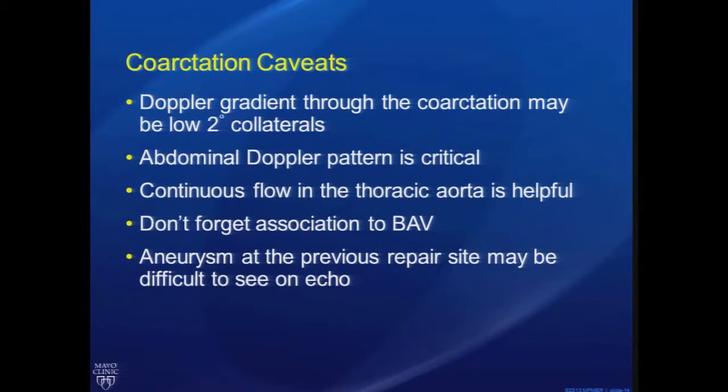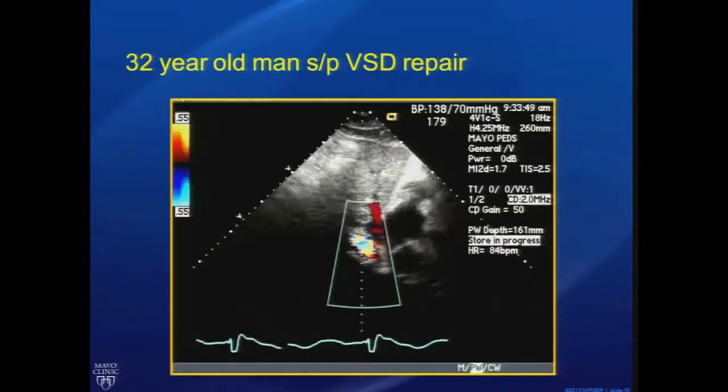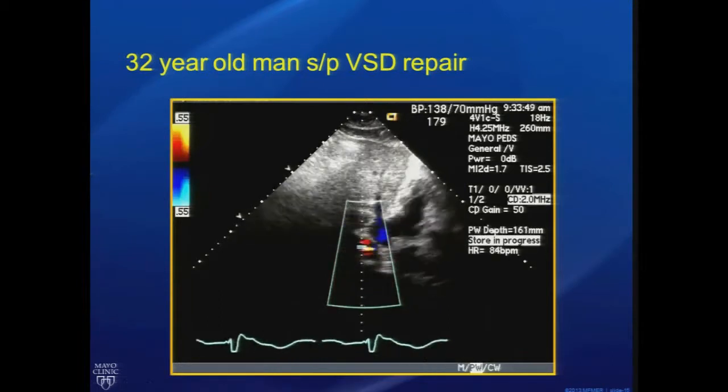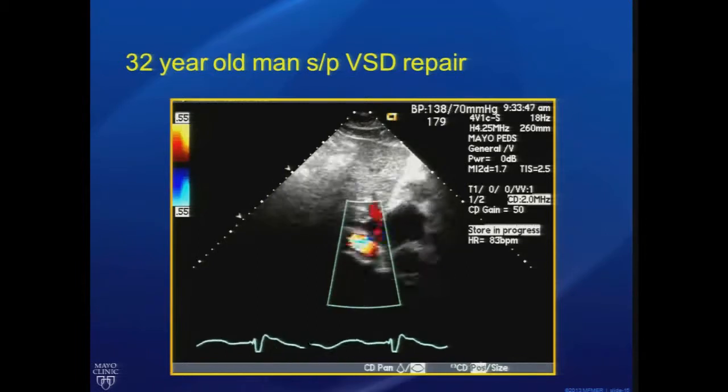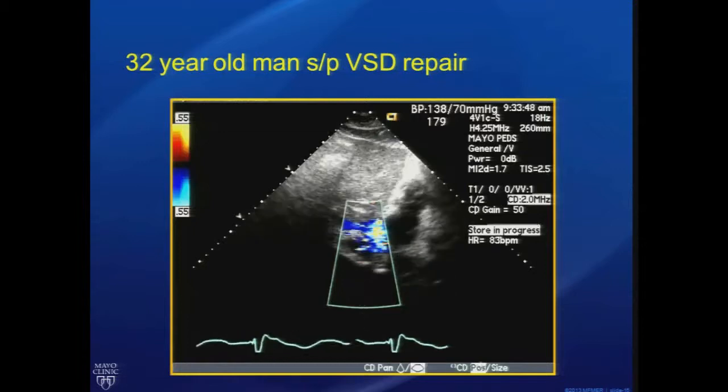on echo. Here's a case of a young man. This was quite interesting. He actually was adopted after he had sort of his initial repair, and he was told that he had a VSD repair. He did have a left thoracotomy incision, and that was from what we were told was a PA band. So he was palliated initially, which would have been common in this era, restricting blood flow to the pulmonary artery with a band through the left thoracotomy, and then later going back when the child is older and closing the